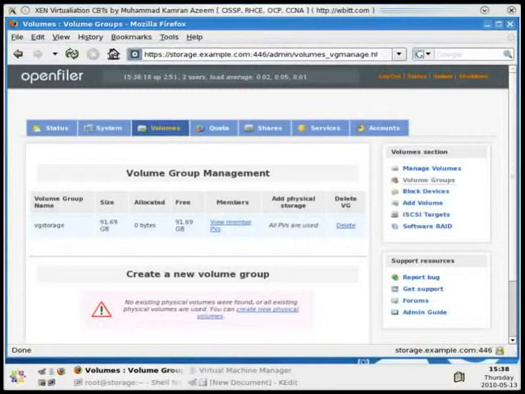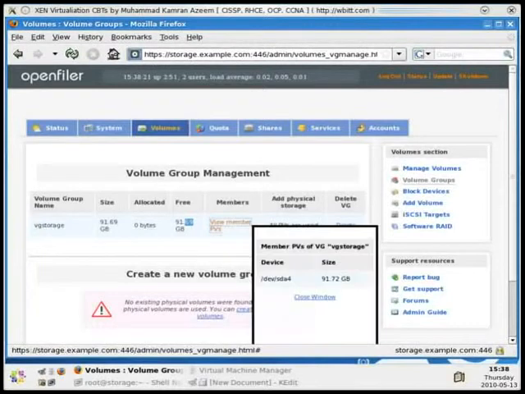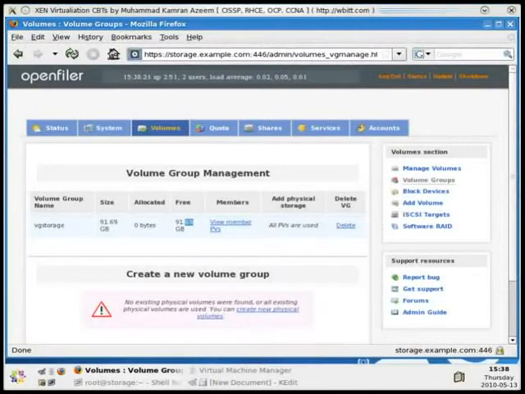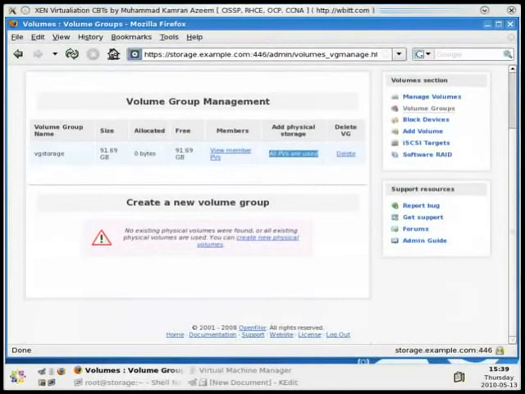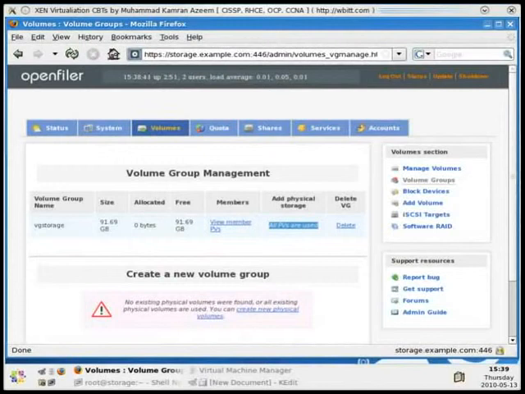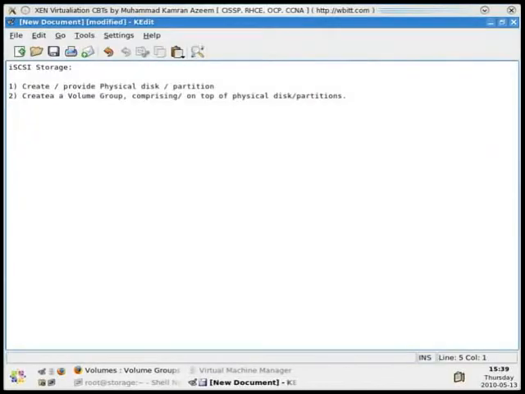Okay, so volume group VG storage is created with its 90 GB of size, free is 90 GB, and view physical volumes. There's only one member, one partition in this volume. Close this window, and all PV physical volumes are used which are member of this volume group. Fine. So in our document we wrote that create volume group on top of this partition, then